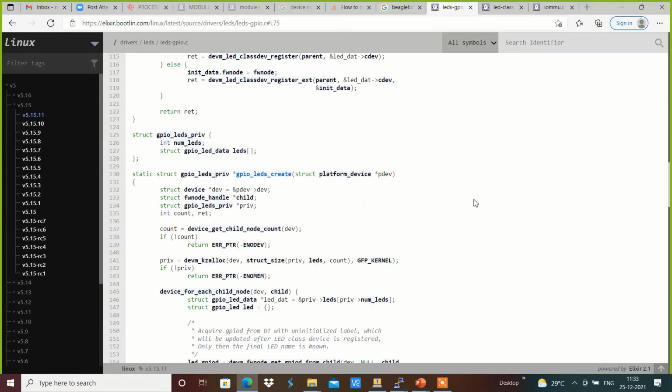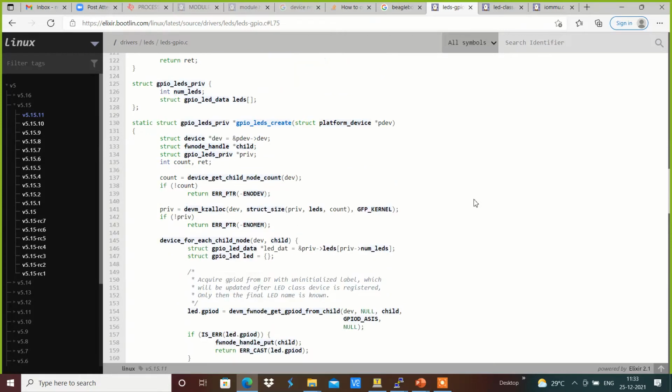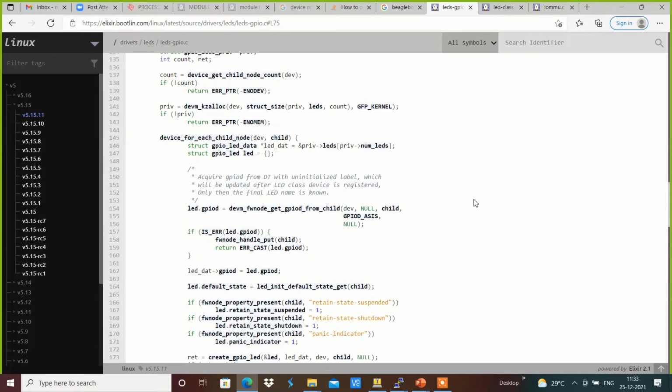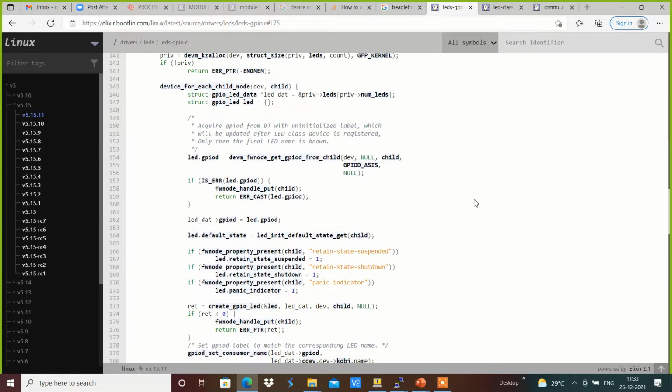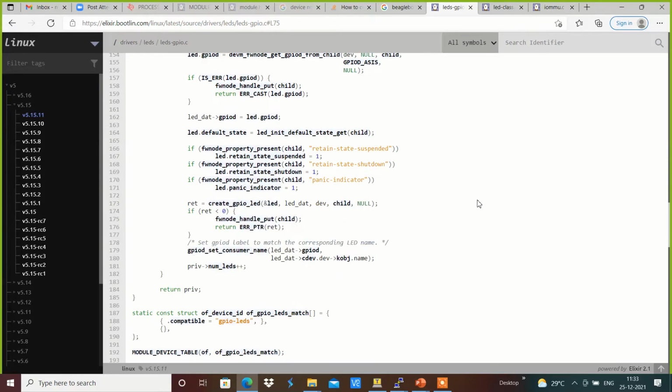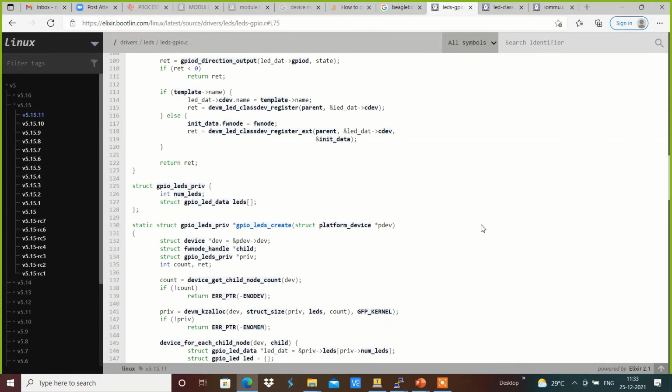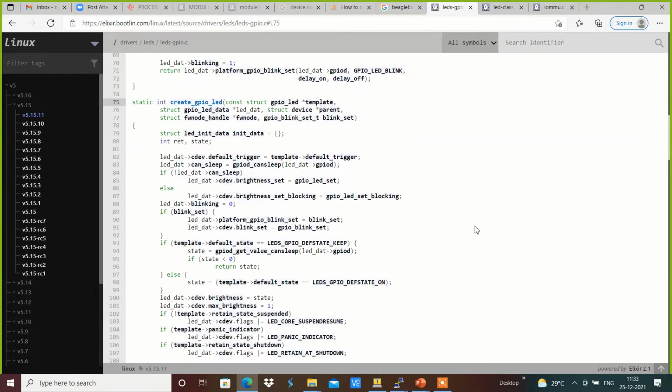Whenever we are creating an LED, the files get created, whether it is brightness or trigger. All those files will be created, and the respective attributes will be linked accordingly over here. For example, here we have brightness_set, and we have LED_data.